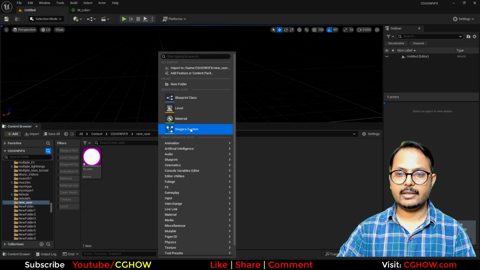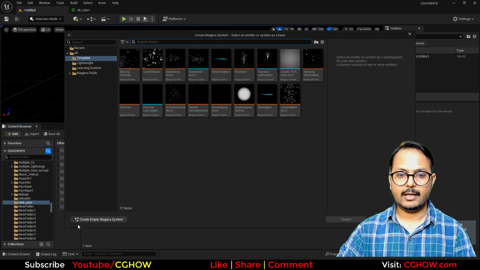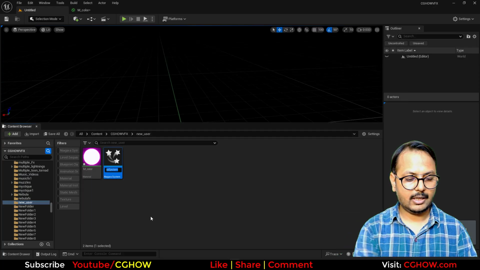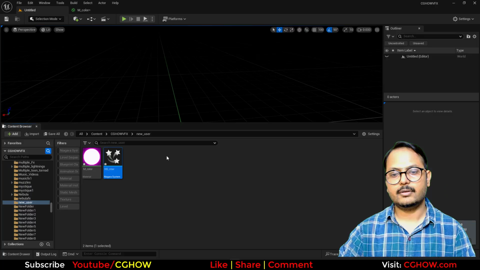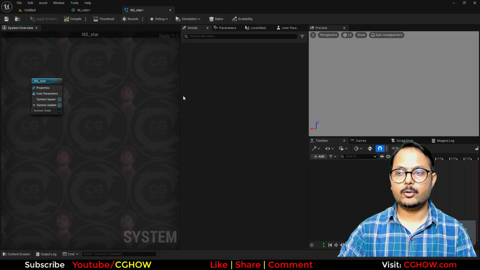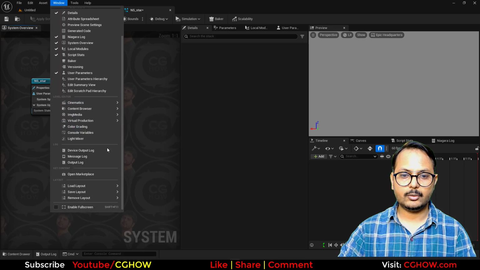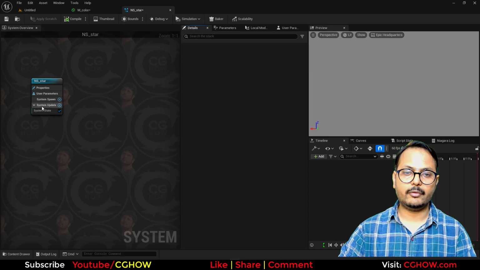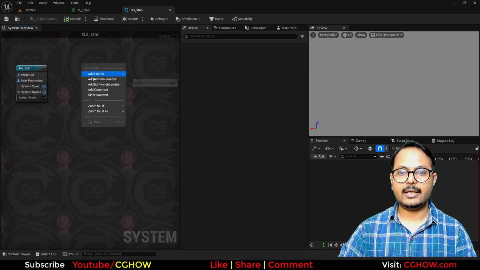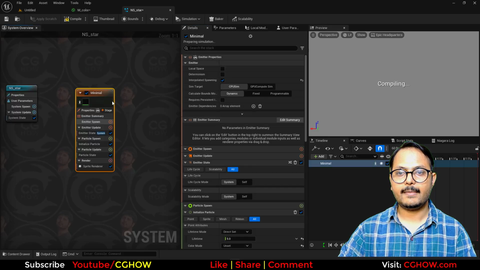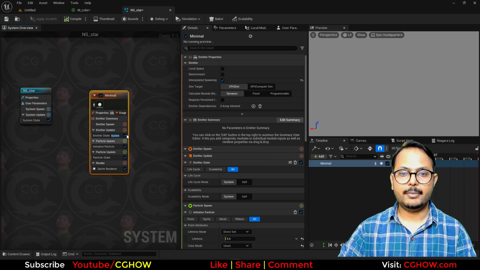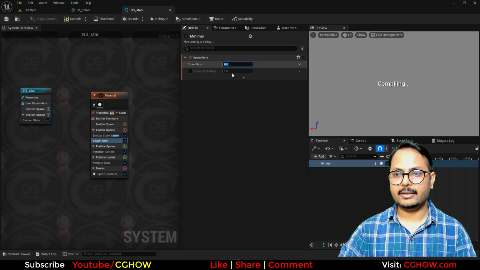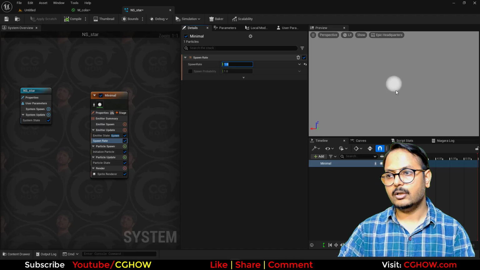Now I will right click, take a Niagara system, and start with the new empty. I'll call it NS Niagara system. Okay, this is my customized window. Otherwise you can go to the layout and just choose your default layout. So what I'll do here is right click and take a minimal emitter, and there's nothing here. But if you add a spawn rate and increase the value above zero,